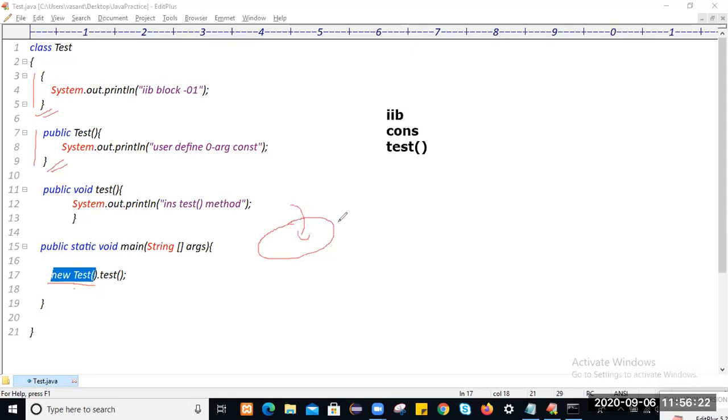And whatever methods got loaded during object creation within this object, on that memory address you are calling this test method. Then the test method will get executed. Once the test method logic is executed, the cursor goes back to the calling statement, and finally your execution will stop at the main method. Like that, the execution will happen.